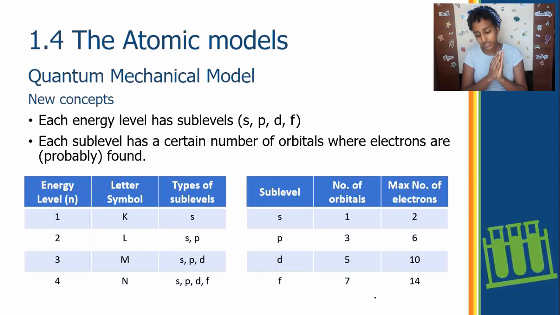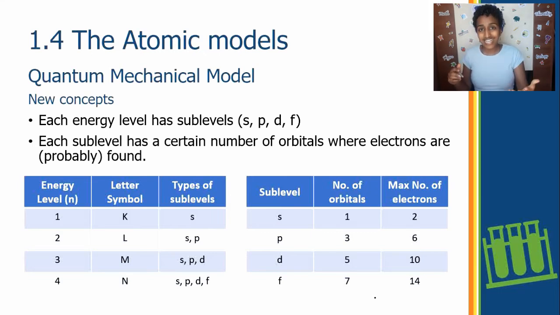of 6 electrons. Don't be confused with orbits, okay? This is what people usually get mixed up with. Orbitals are different from orbits that we saw in Bohr's atomic model, okay? Orbitals are like the final place. They're these elliptical shapes or areas where electrons may be found, and each orbital can hold a maximum of 2 electrons, and each sublevel has a certain number of orbitals.